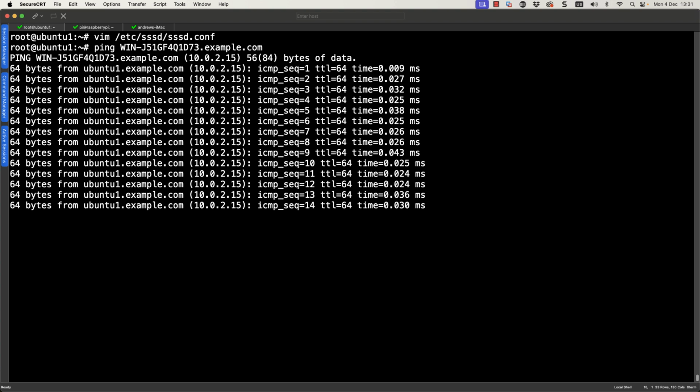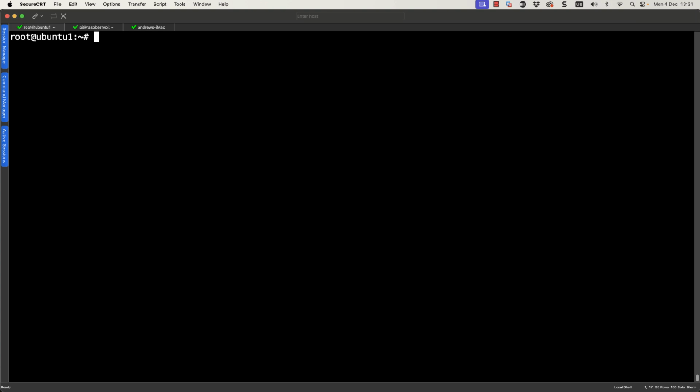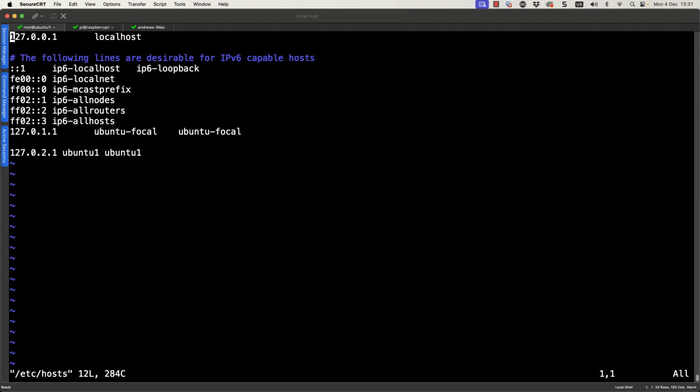But I have got a separate interface that we can use to communicate between the two. So if I hard code that inside of my /etc/hosts file, it becomes an easy way to resolve this relatively simple issue. So I'm going to go into my hosts file, and within my hosts file, just put our host entry for the Windows system.